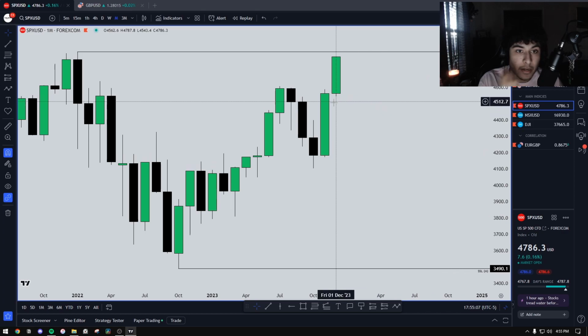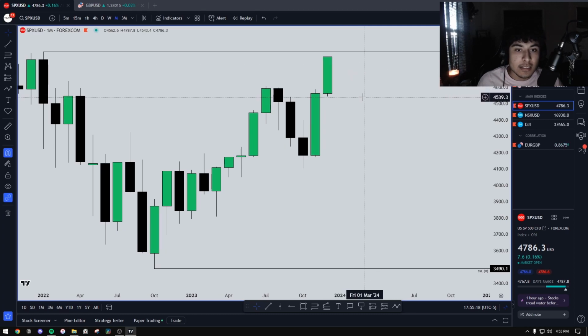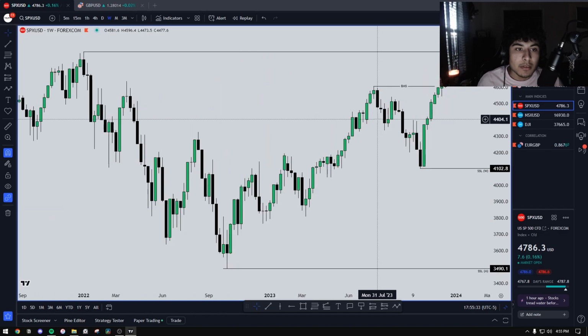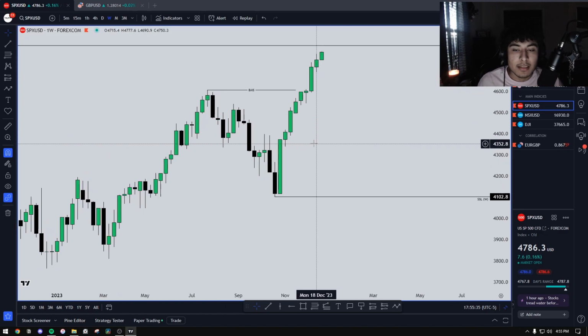And then here we're creating a buy side imbalance. Perfect. That is going to be perfect for us to come down, if we don't take out this buy side, come down, hit it, and then eventually take out the buy side. I think that would be the easiest trade in human history. If you have a monthly buy side liquidity imbalance, and then eventually you see a weekly buy side imbalance form or a daily one, you take the trade off of there and you hold it till you reach your buy side liquidity objective up here. It's pretty simple. I'm just waiting for that to happen, and until then I'll be on the sidelines.